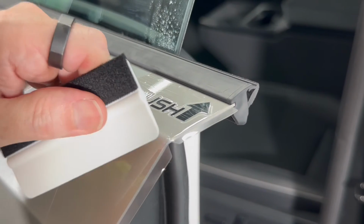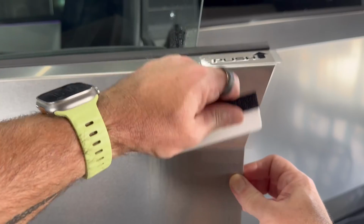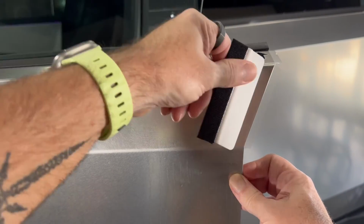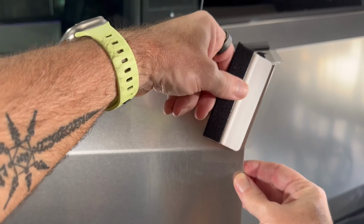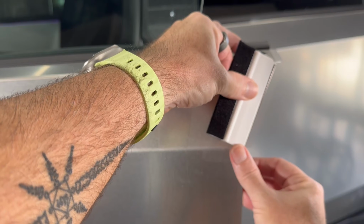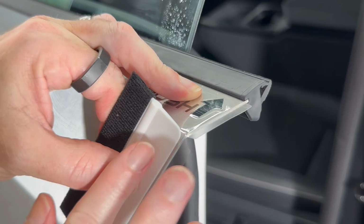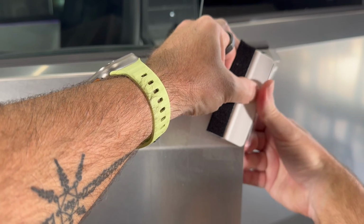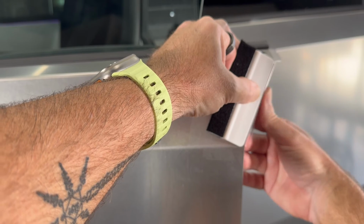The main area is this area here on this edge, because that's the area that will bubble up if there's still fluid trapped behind there. Okay, so now we've done that, we're going to take the rigid side of the squeegee, put it along the edge there, and really apply quite a bit of pressure with your left hand, and then with your other hand we're just going to start rolling this over the edge. The heat from your fingers will be enough for this. You don't need a heat gun,